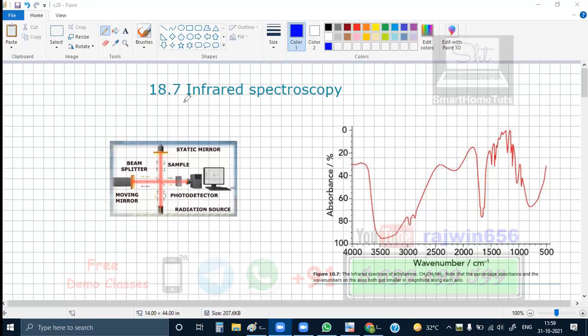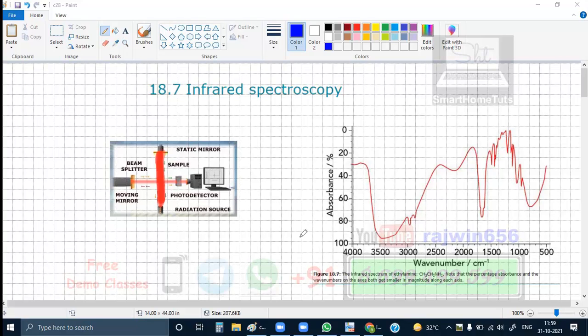Okay, the topic that we are doing here is infrared spectroscopy. Now, what is done over here? Basically, if you look at this part of the figure, this whole thing, this line that I'm marking, this one, is going to be a transparent tube in which we are going to have a sample of the substance which we are going to keep for detection.